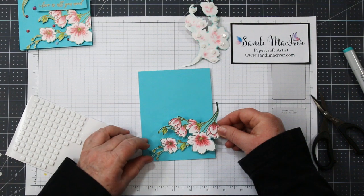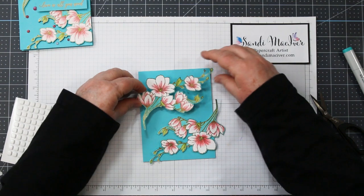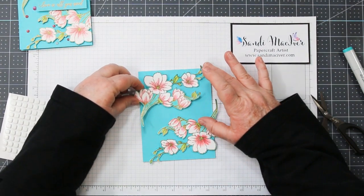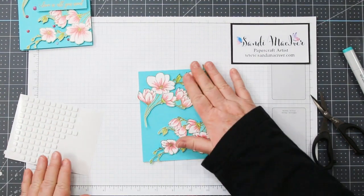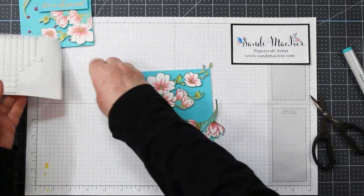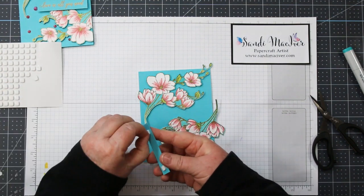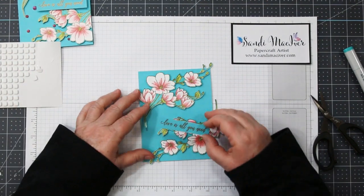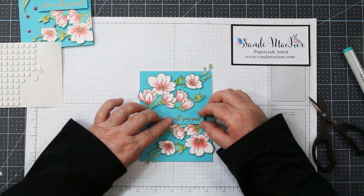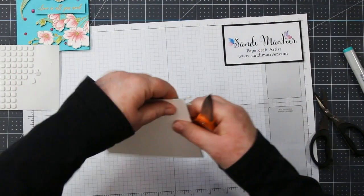So I've got foam tape on the back of my florals, and I'm popping them down, and yes, there's overhangs. Don't worry about that for a sec. Trying to figure out where I'm going to position this one. I was trying to get that stem right off of the card, but it didn't work that way. And then I'm going to use a couple more of my foam squares for the sentiment, and I end up taking off the center one because it's overlapping my flowers, which are already popped up. And if you get too high, you have to pay extra postage, and you know me, I hate that because I'm cheap. Okay, so popping my sentiment down there in the center,